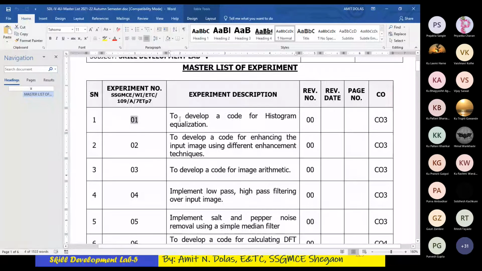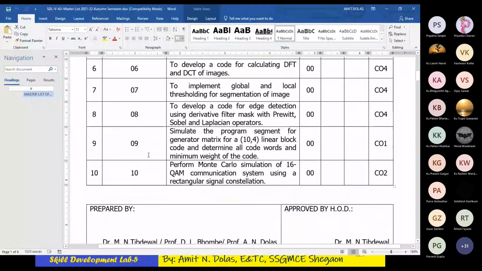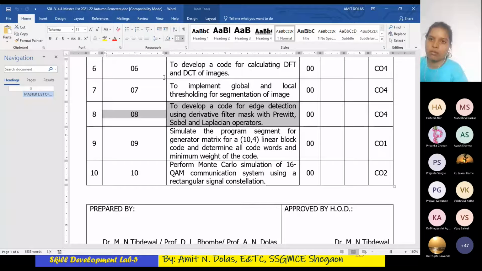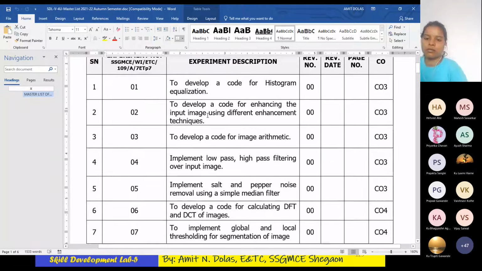From experiment number 1 up to experiment number 8, there are experiments related to image processing, already taught in DIP by Dr. Tibdal sir, and in SDL2 we went through all these concepts and later performed the practicals.